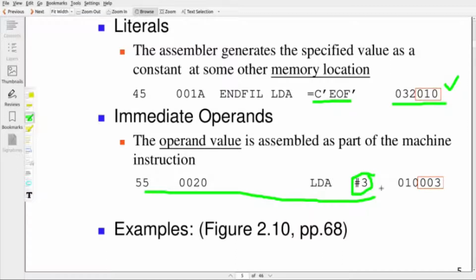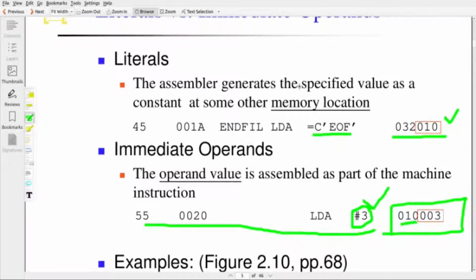The machine code generated by the assembler for LDA #3 is 010003. Here 010 is the machine code of LDA plus the flag bits, and 003 is the constant itself. That means in immediate addressing the operand value is assembled as part of the machine instruction, but for a literal, the assembler generates the specified value as a constant at some other memory location.